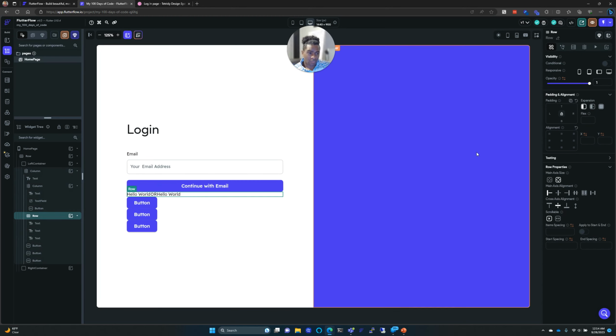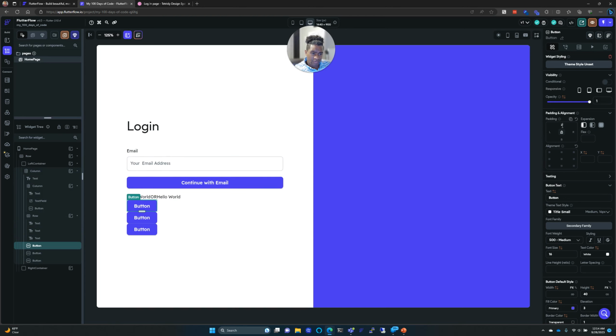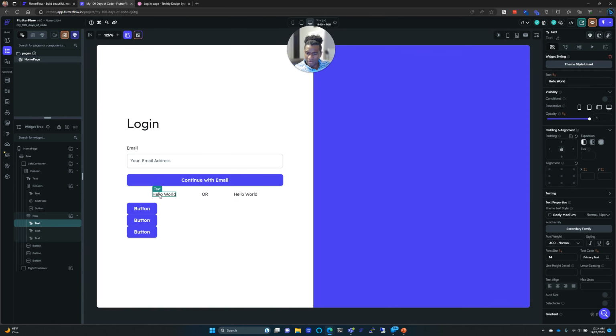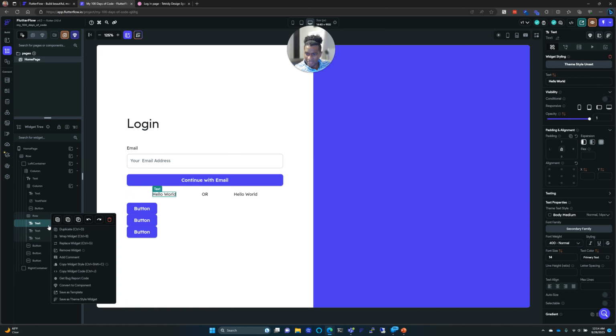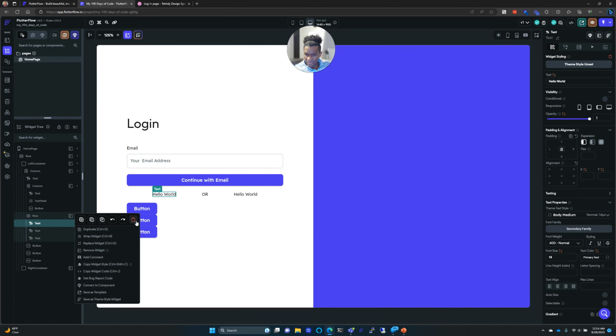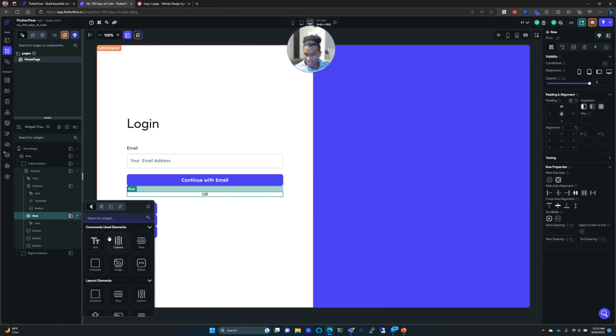So I've got this row. First, let's put some height in between this and this button here. I'm going to do 20 pixels there. And then the child items, I want to have them spaced out like that, right? And there's the or. And then the text, so let's go here to this text and replace the widget. Only column, boom, boom, stagger can be replaced. Okay, cool. So I'm going to delete, and I'm going to add,